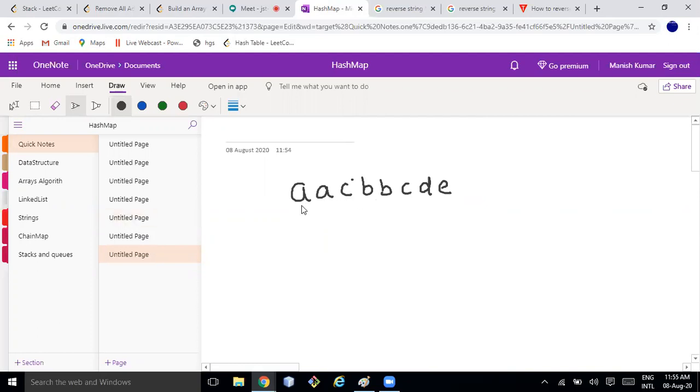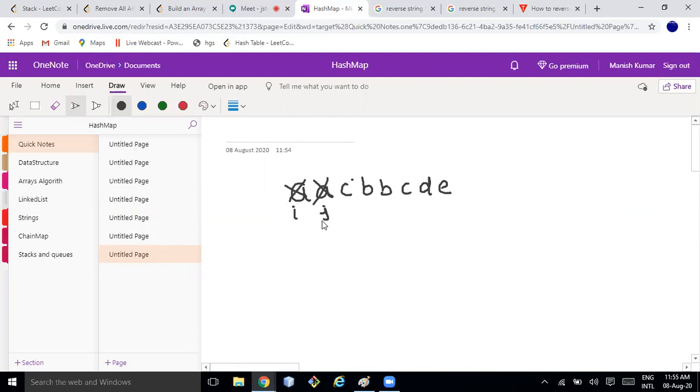So this is the problem. Then I can have one variable i, one variable j, and I need to compare this i and j. If those are equal, then I have to remove this i and j. Okay, so this is an array.